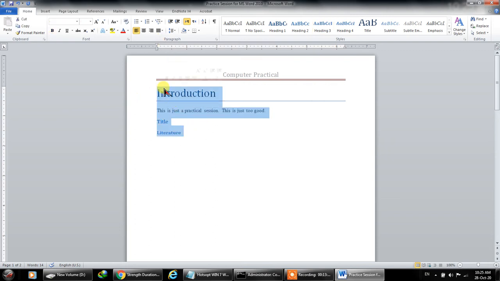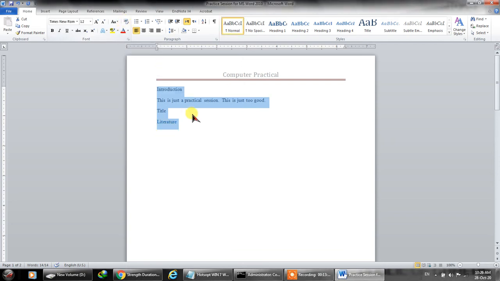Then if we want to clear all the formatting that we have done, we just have to click over here and everything is gone and it will return back to the default setting. It can be done to the whole document or it can be done to a single line or any page. These are to increase the font size and these are to decrease the font size. Over here it gives you different options to choose.